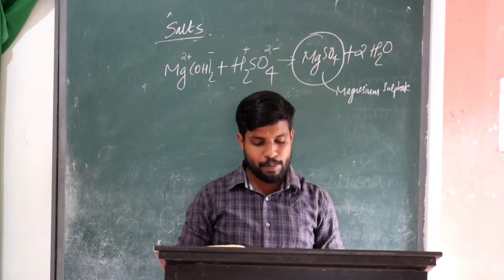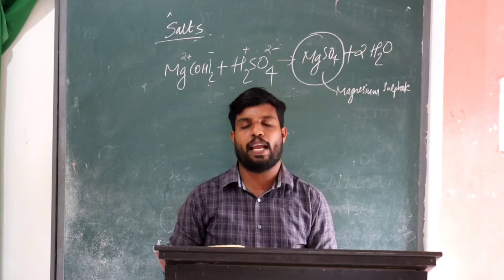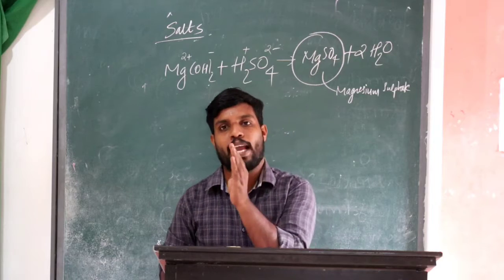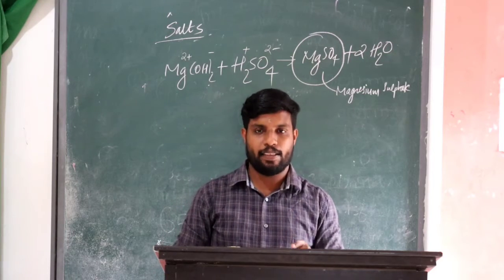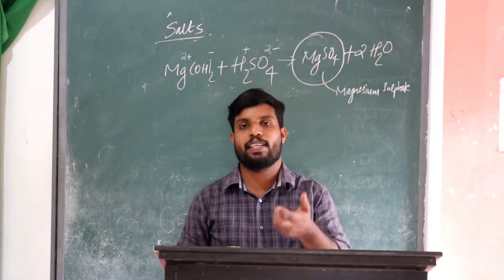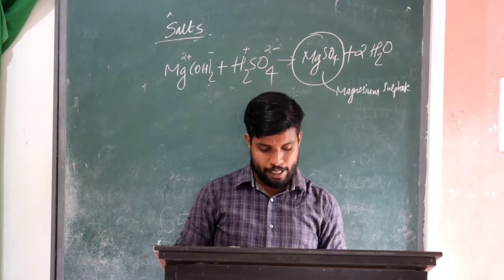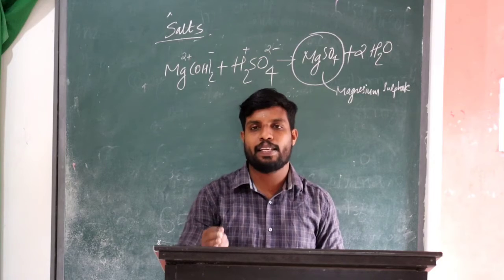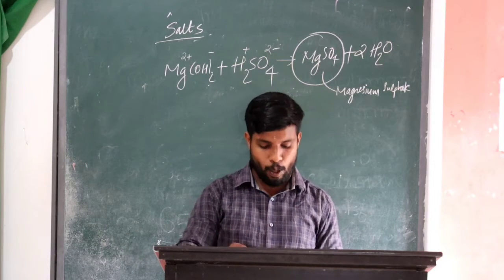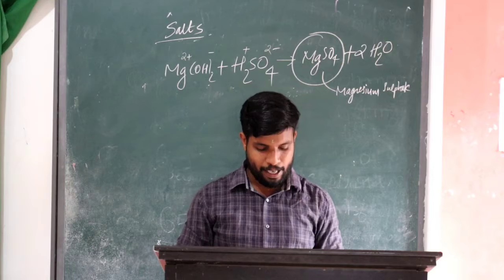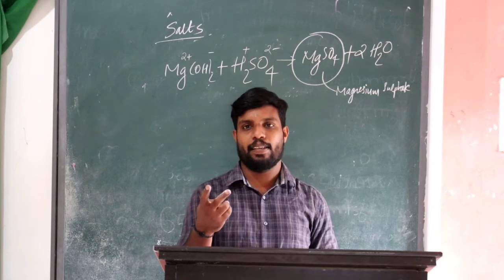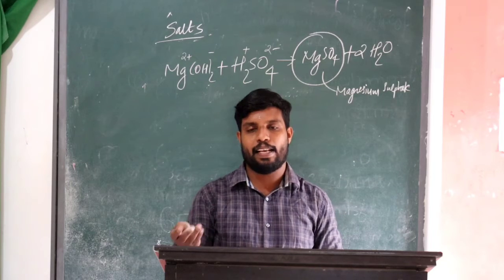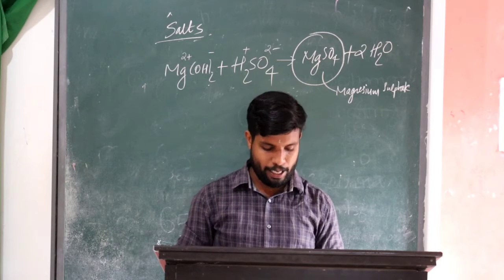Then the second one, calcium sulfate. Calcium is the term related to the alkali, so we can use calcium hydroxide as the alkali. Calcium sulfate means the acid is sulfuric acid. Then aluminium sulfate: if it is sulfate, the acid is sulfuric acid, and the alkali is aluminium hydroxide. Then sodium nitrate. What can we use? Nitric acid, and as alkali, sodium hydroxide.